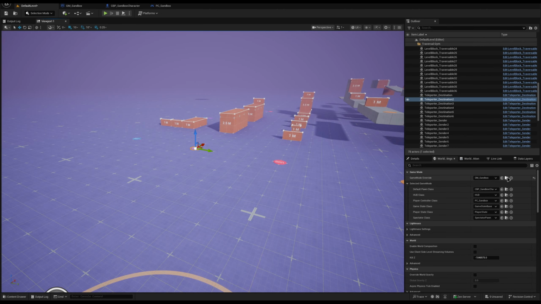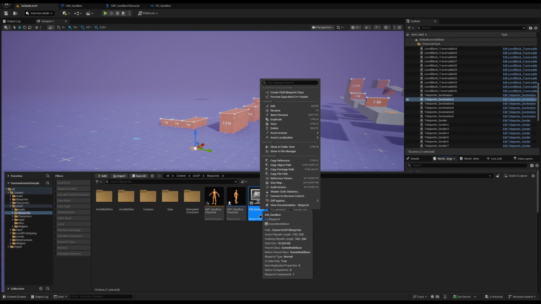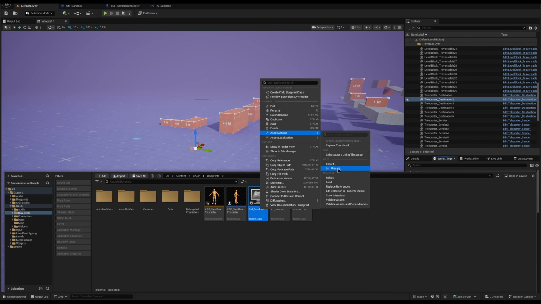So what I'm going to do is come to the game mode, click it, and you can see it's in our blueprints folder. And I'm going to right click the GM sandbox, and I'm just going to do Asset Actions, Migrate. Now, if any of you have spoken to me over Discord before or seen previous videos, you